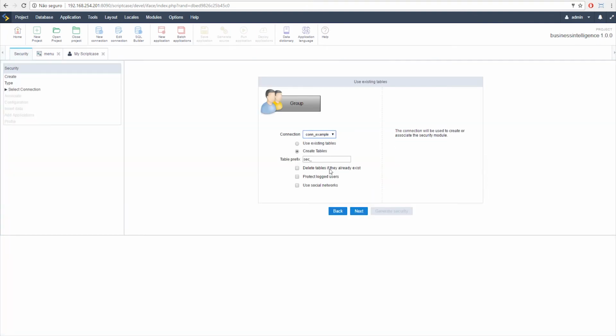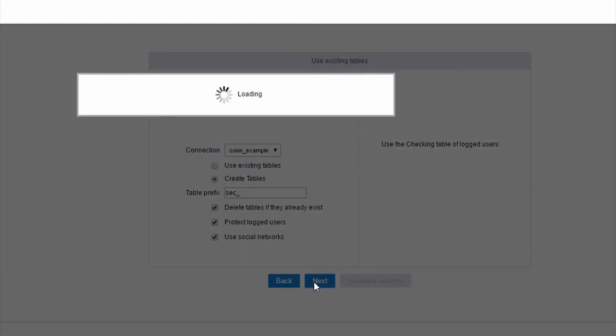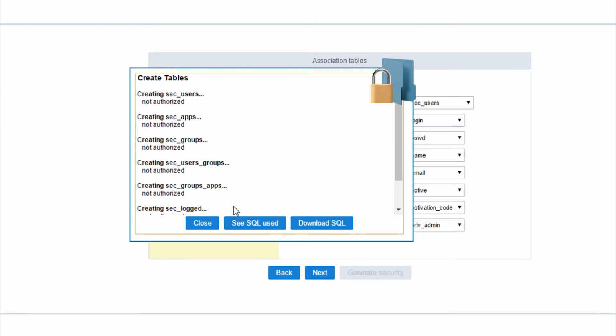This time, I'm going to delete the tables, because I know that I have already these tables inside this connection, so I'm going to delete to override them. I'm going to use the social networks, and I can also use protect logged users. This is up to me, but now the important option is the use social networks. Okay, tables